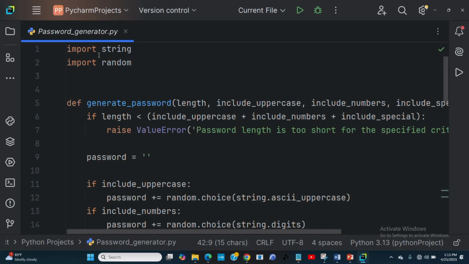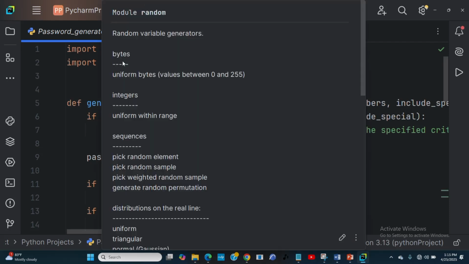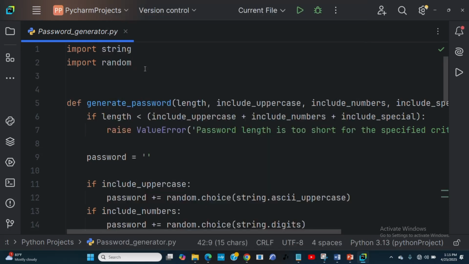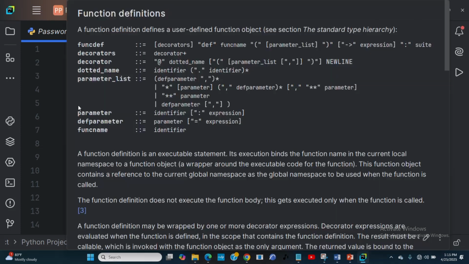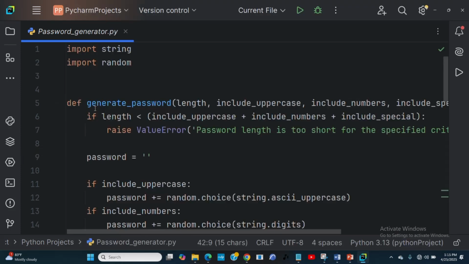Now, guys, look at it. The first thing is I have two packages I'm importing here. I have import string and import random, because it's going to be generating a random password, and everything is a string that we are having here, because the password is going to be a string that is going to be entered. So I'm importing like that. The first thing I'm going to do is use a function, and I say def generate_password. The function name is generate_password, and in generating the password, I'm passing parameters to it.